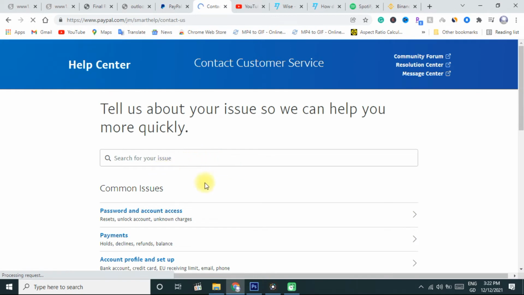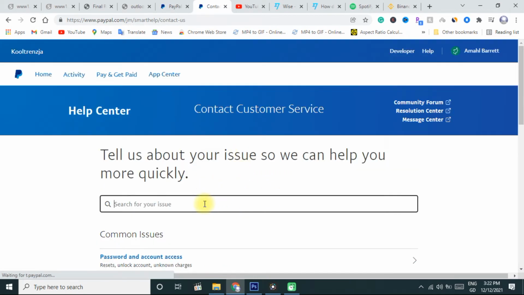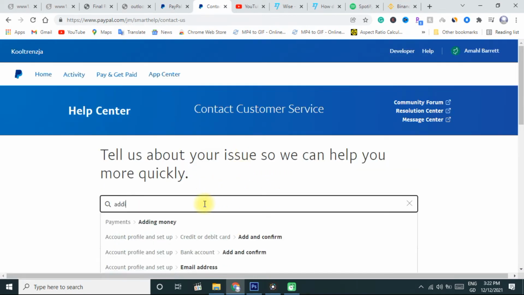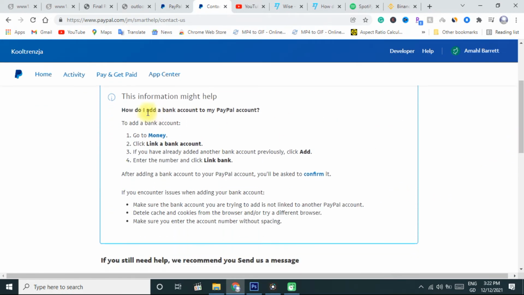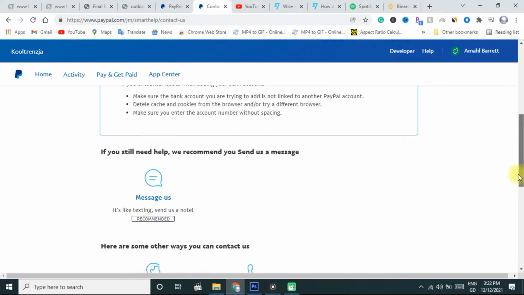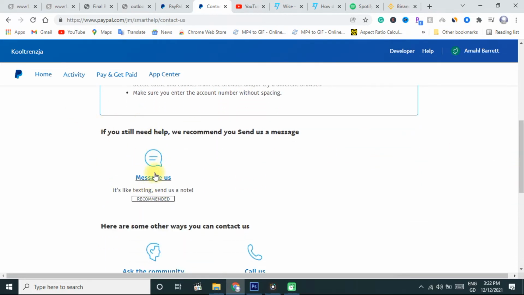and then once we're in, we would type just a brief summary of our issue, adding money, and you can see the third one, it says adding a bank account. So we click on that one, and then we scroll down, and it gives us some examples, but that's not what we want. We want to actually talk to our rep. So we would continue to scroll down here and see exactly, we should have an option. Here we go, message us. So we click on that,